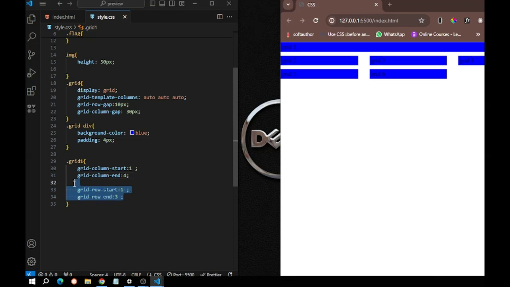Let's see, row 2. Okay. Well, we'll check out how rows work. So basically, these are the layouts for